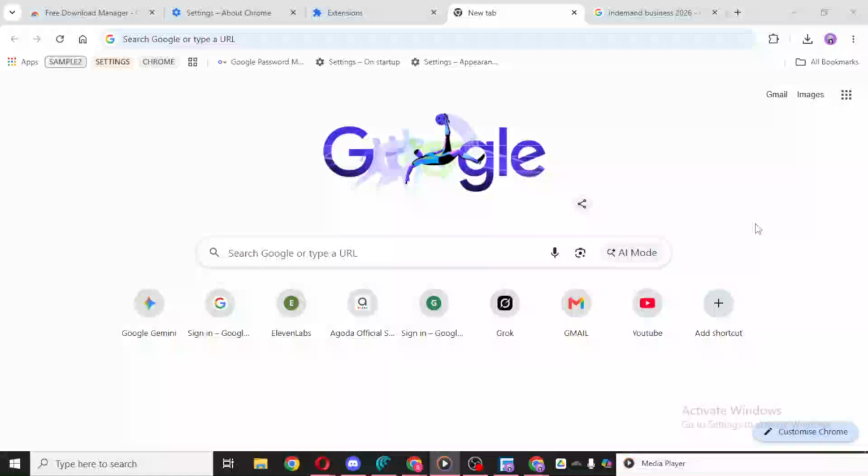In today's video, I'm going to teach you how to enable Chrome Update with AI features in Windows 11. If you want access to the newest Chrome experience, including the latest AI-related features that come with updated versions, the first thing you need to do is make sure your browser is fully up to date. The good news is that Chrome makes this very simple, and the whole process only takes a minute or two.